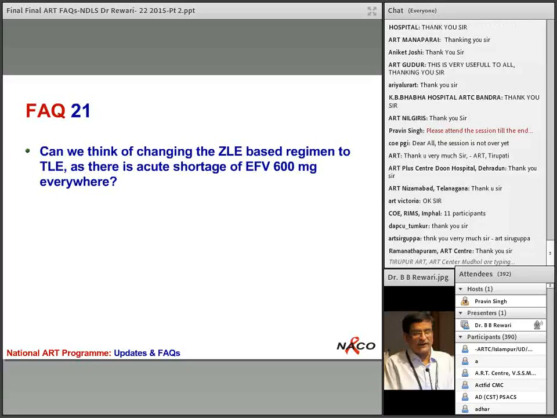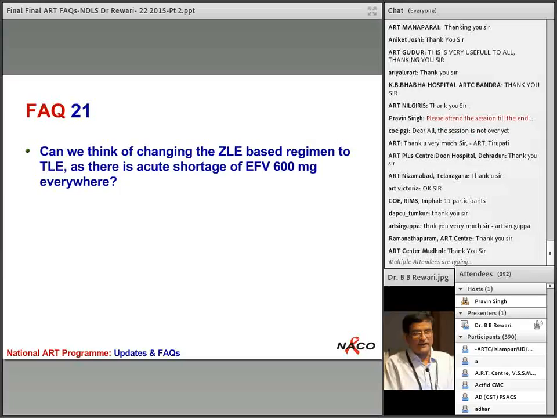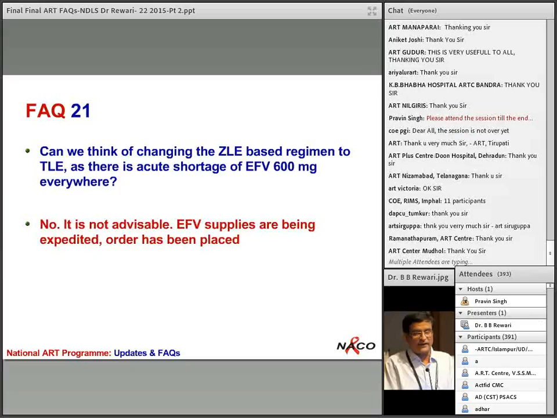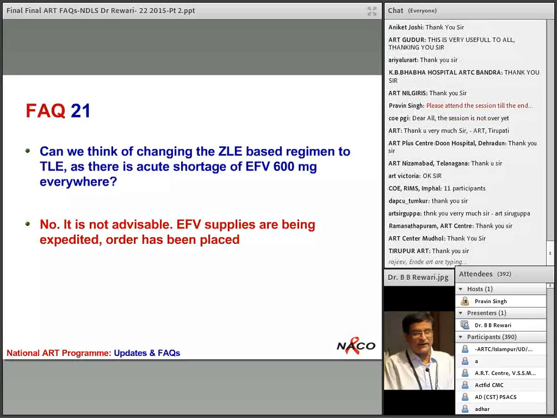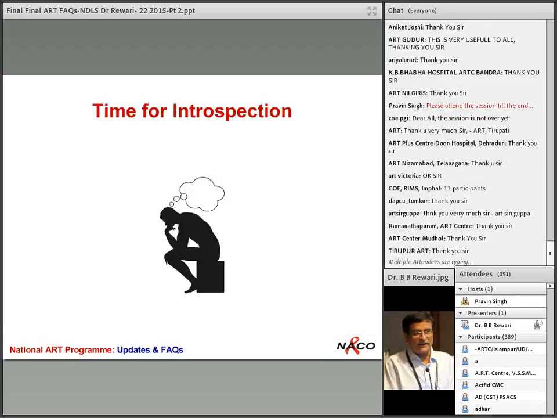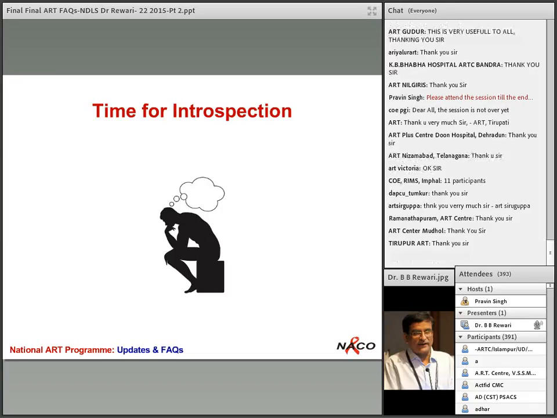Can we think of changing ZLE to TLE as there is acute shortage of Efavirenz? No, there is no such advisement. Don't change the regimen unless it is technically required, and not for the logistic reason. Efavirenz supplies are being expedited, orders have been placed, and if you don't have supplies, relocation will be done based on your request. I think I have been able to complete this session in time,